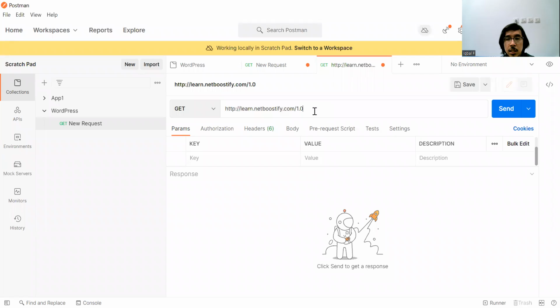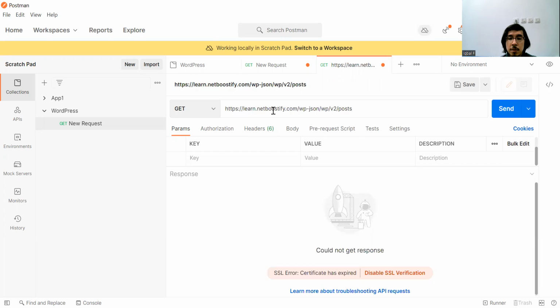In Postman, you can have, for example, the posts for learn.netboostify.com.